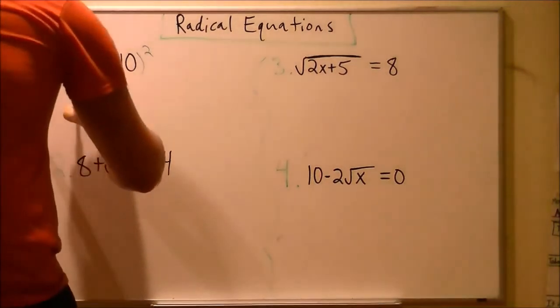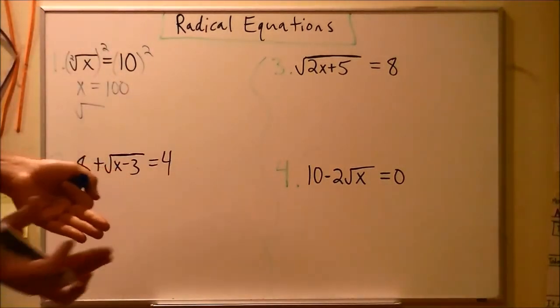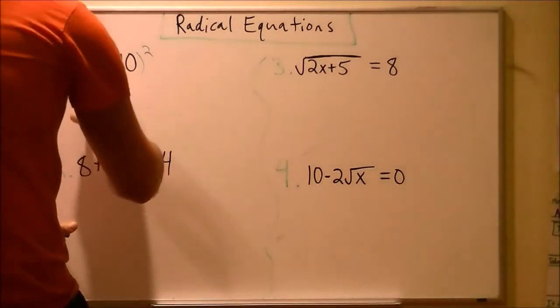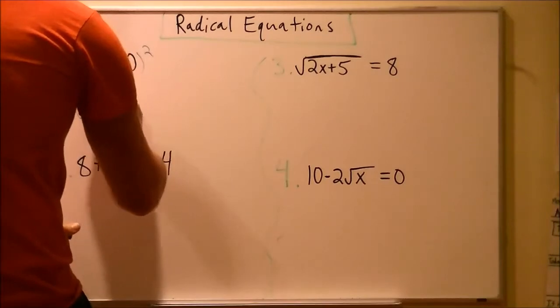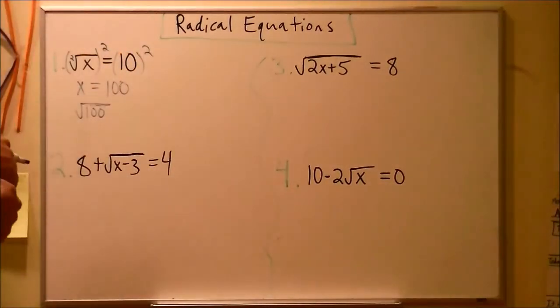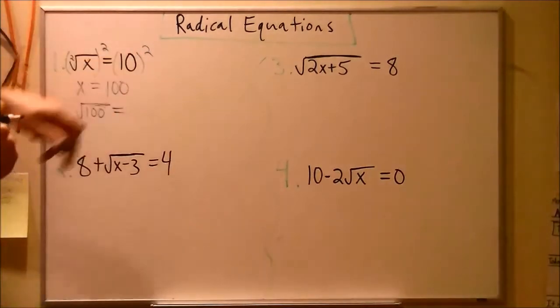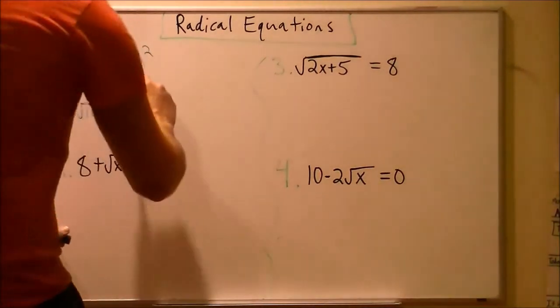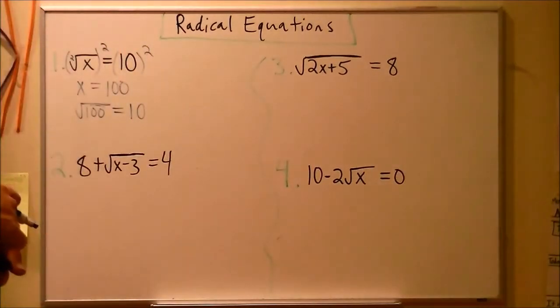The original equation was the square root of x, which we've now found to be what? 100. So I'm going to rewrite the original equation without the x and just with the solution we found for x. So the square root of 100 equals, the original equation was, just the number 10. Guys, what is the square root of 100?